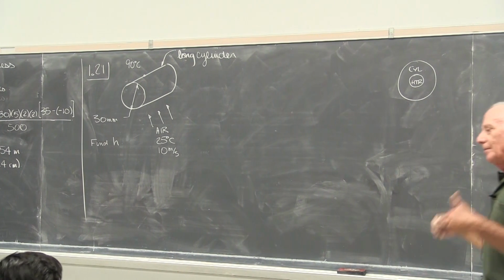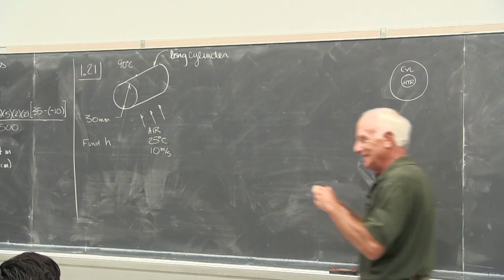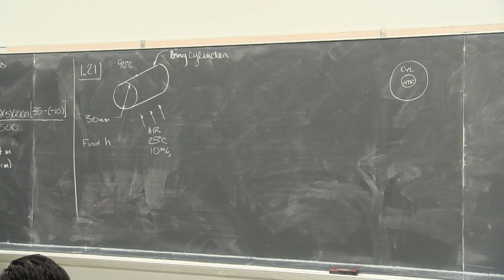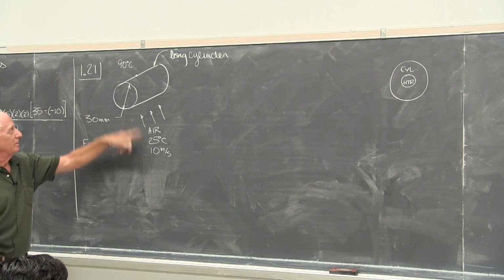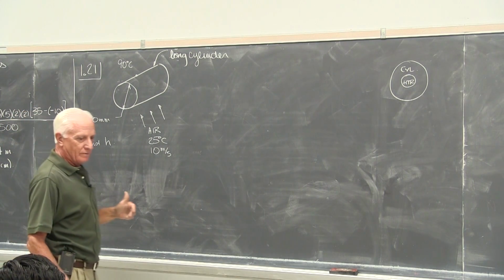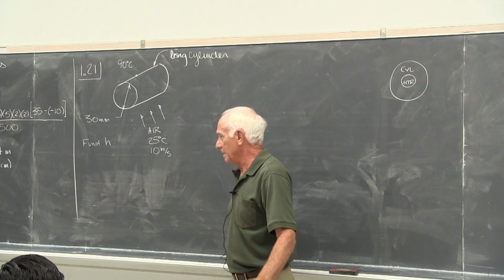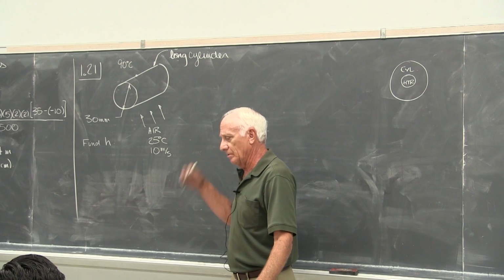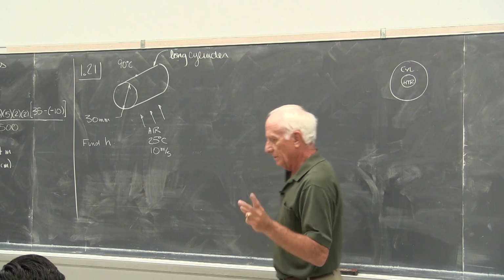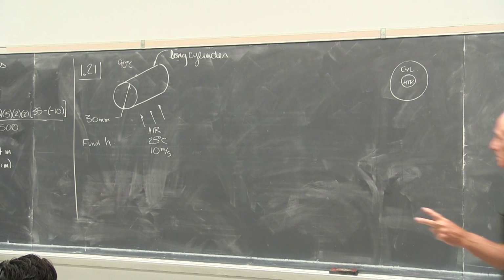So all the heat that comes out of the heater goes through the cylinder and ends up in the air. Air is cold. Cylinder is hot. Find H. Did they give me thermal conductivity? No. Is there anything about conduction here? Yeah, but we're not going to use anything. Radiation? No, it didn't say small object in a large room. It didn't give emissivity. It didn't say black surface. No radiation. No conduction. There it is. It's a convection problem.